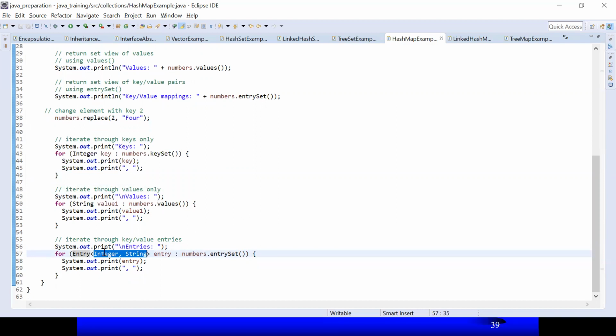If you want to retrieve entry by entry, the entry is the object, so all are entry objects, entry of key value. The entrySet gives the set of entry objects. I'm traversing through the set of entry objects, and based on that entry, if you want to get